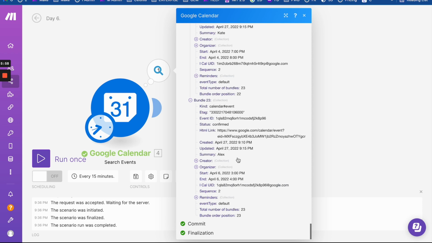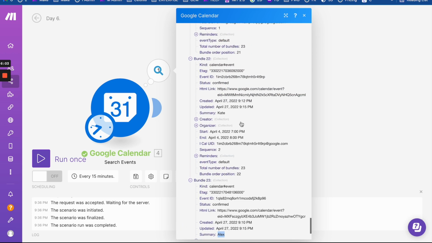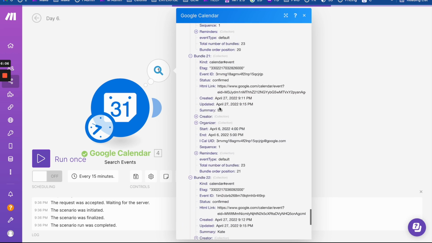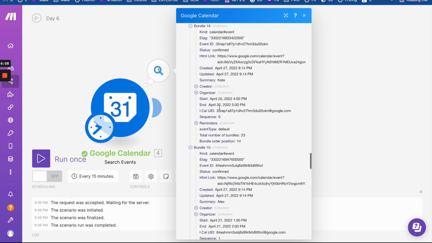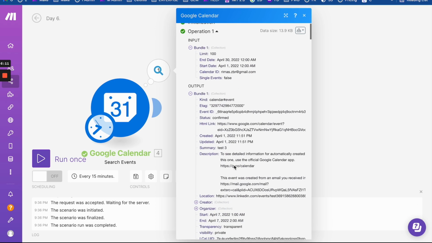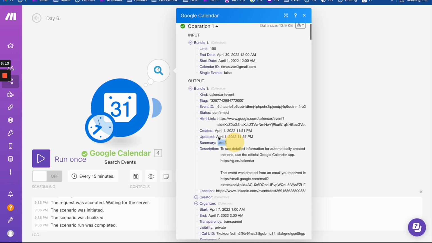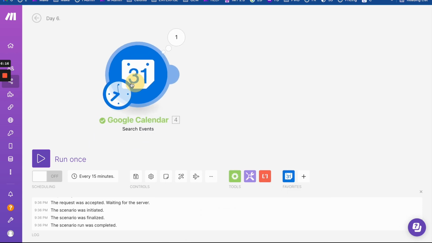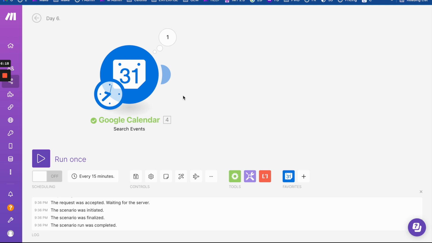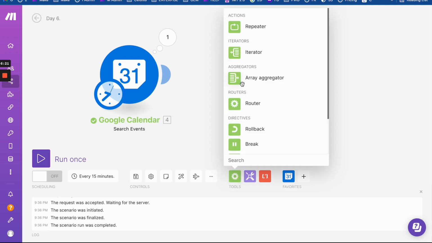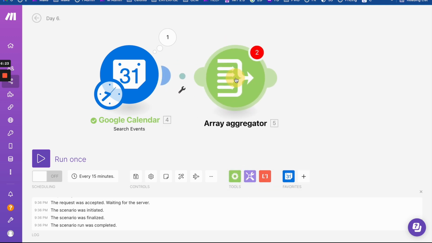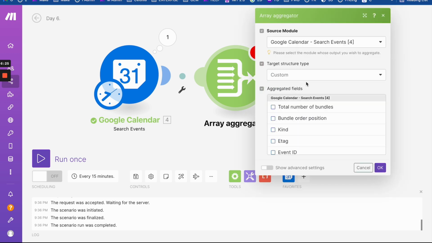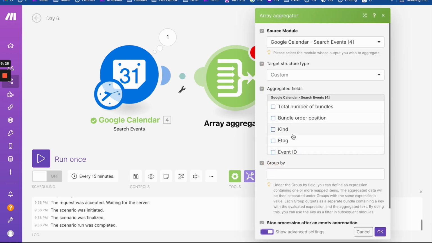I would also check the name, so that's fine. So summary will be our parameter. So you see we have Alex, Kate, Bill, and so on. And what I can do at once, because you see I have the test data, is see how many different options you have in here, where our group comes into play. So I can use, say, some aggregator, right, that would allow me to see the